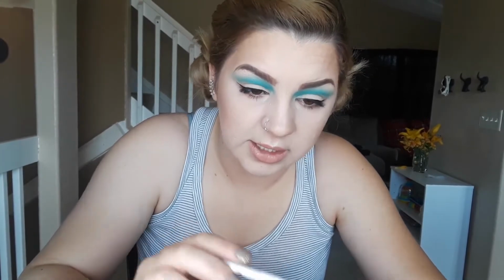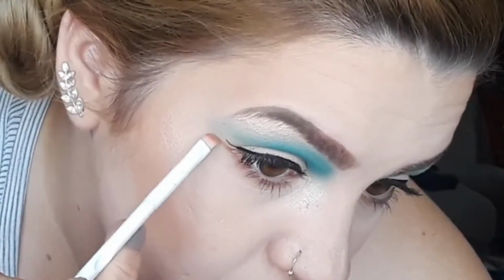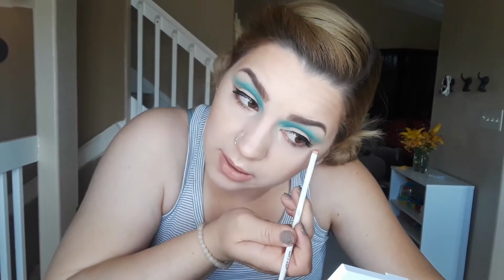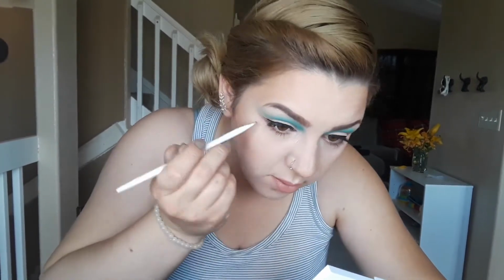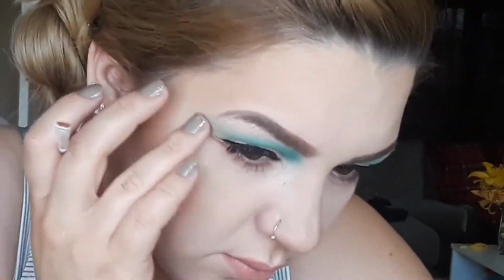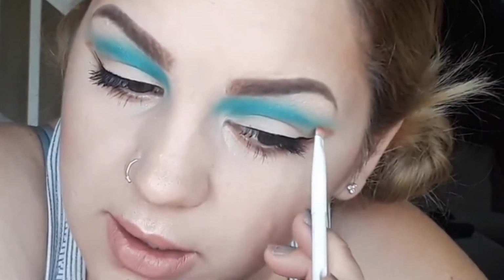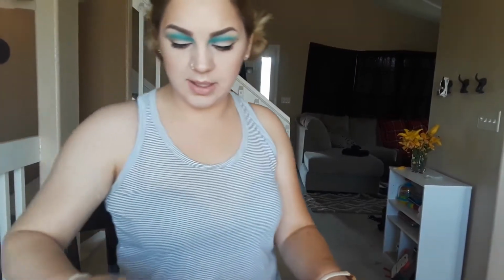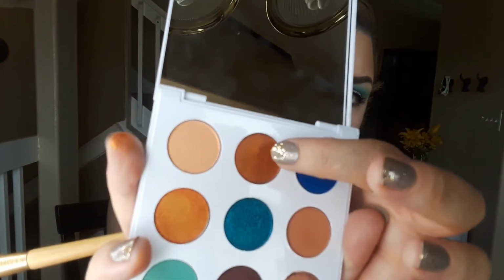To take that same color and drag it out a little further than the wing. Angled it up, made like a really sharp triangle. So I grabbed this dense fluffy brush, and I'm going in with Wild One, which is that shade right there,